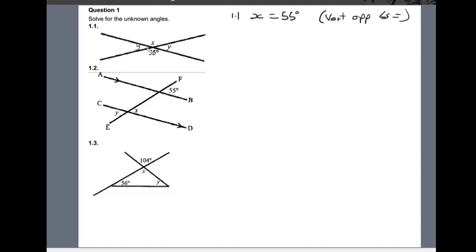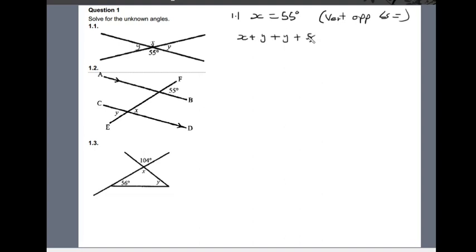So after we know that this angle is equal to y, we know that the sum of angles around the point is 360, meaning this angle plus that angle plus this angle plus that angle is equal to 360. So x plus y plus